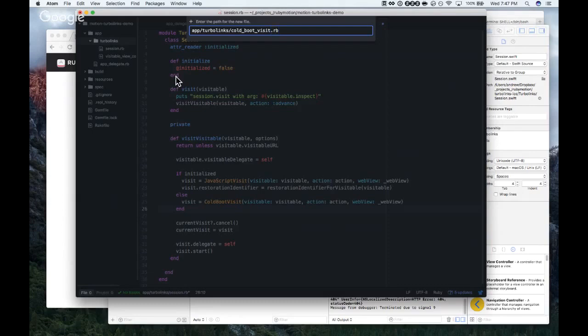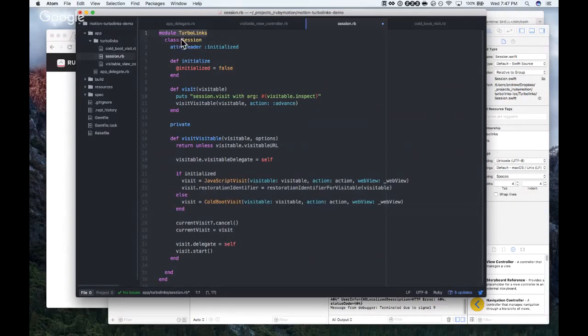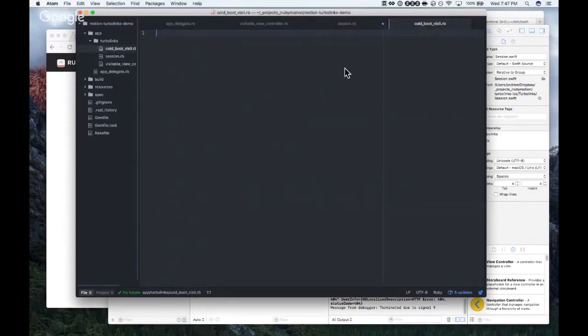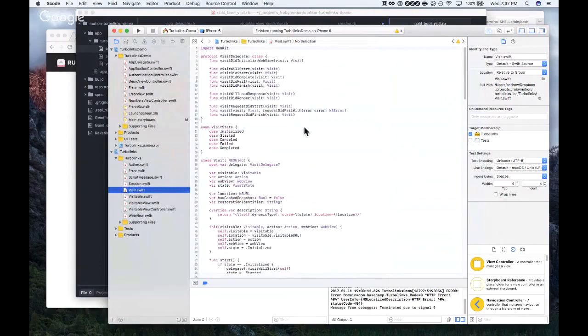So I would think from the Swift side that JavaScript visit and cold boot visit are in a class hierarchy under visit. You're probably right. Let's see, visit delegate, visit state, visit object.